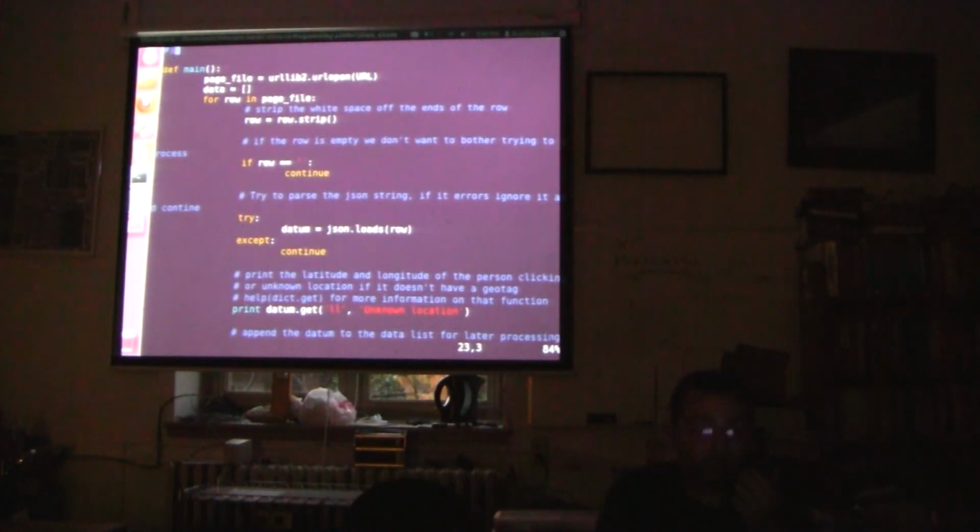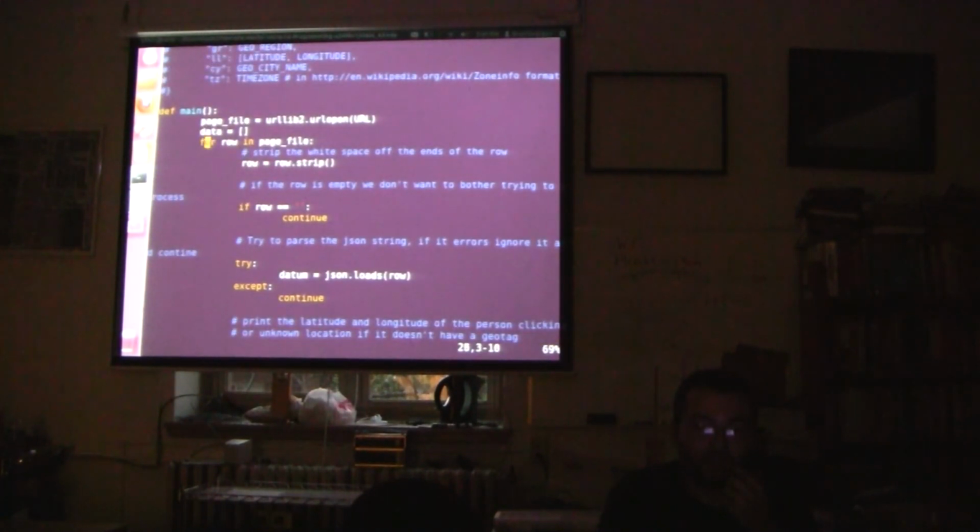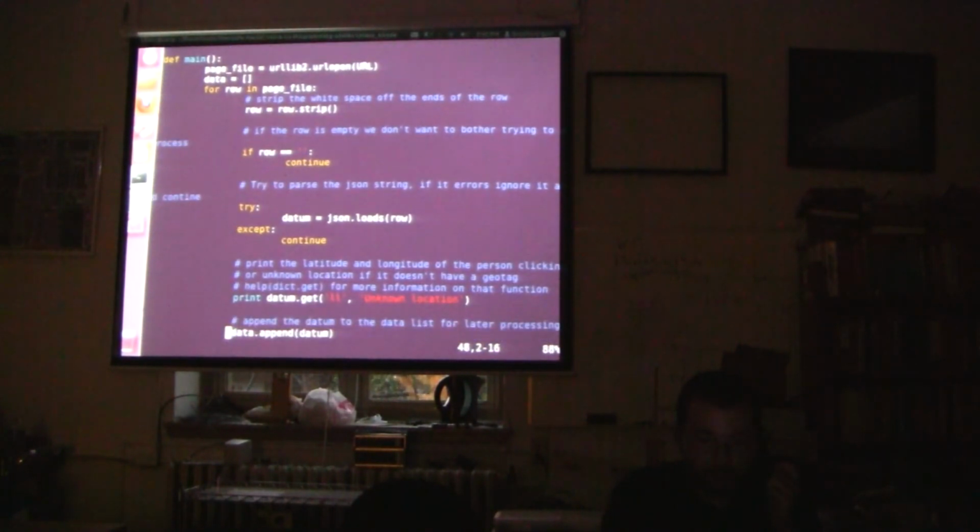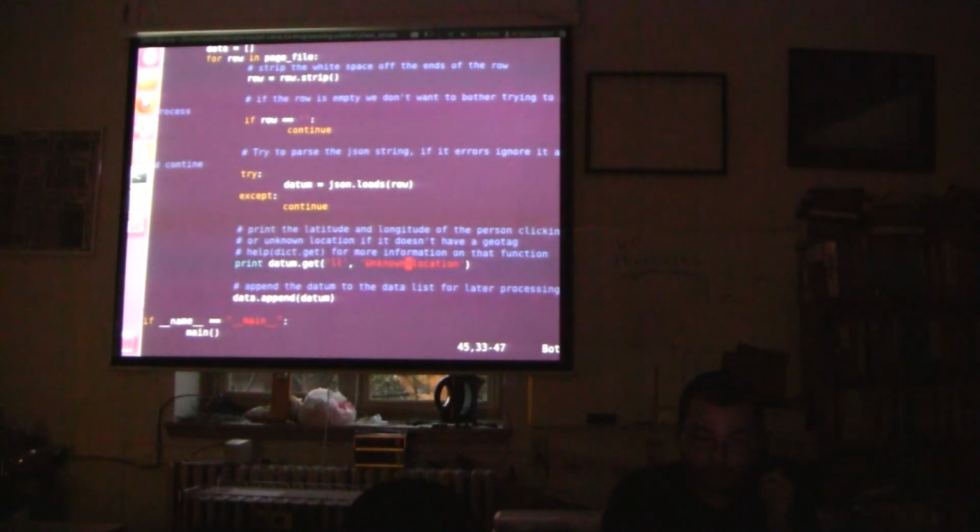So this code here does a lot of fun stuff. It goes and opens a URL and starts reading in rows of data from that URL. It parses it using the JSON library, and then it prints a bunch of the latitude and longitude locations.